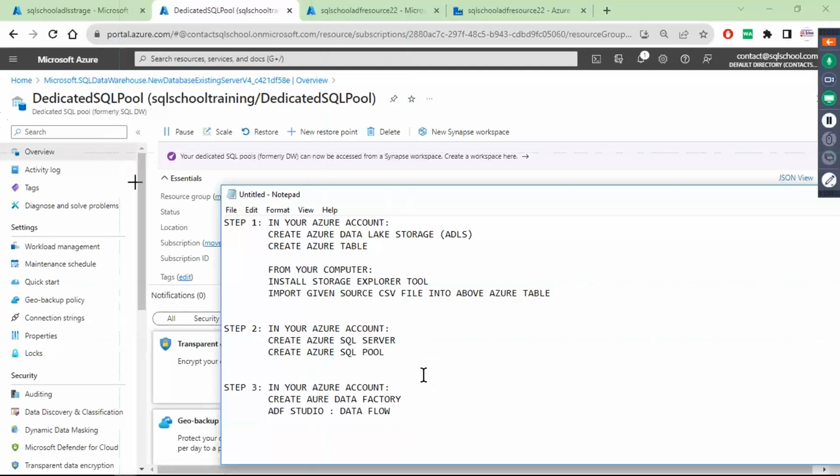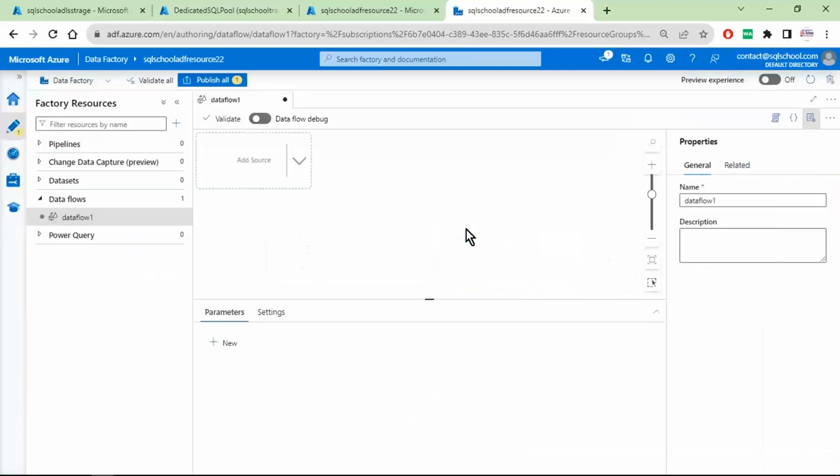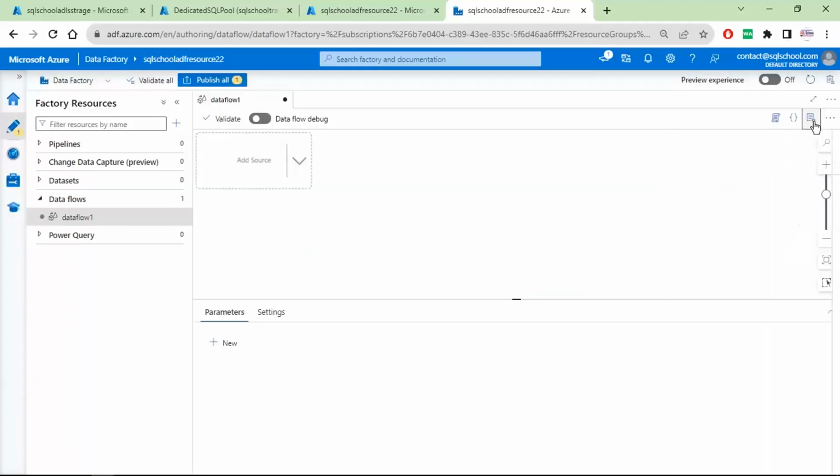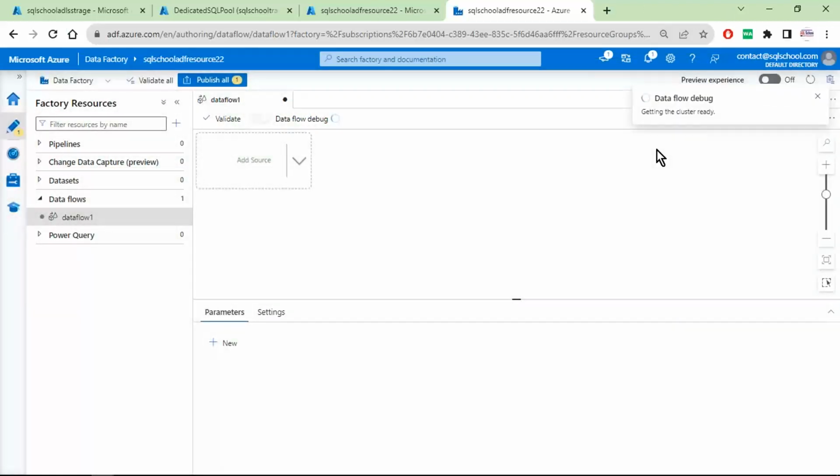So go to data flow, click on transform data. My assumption, yes, we are aware of ADLS, we are aware of ADF, we are aware of SQL pool. Here we are learning how to bring them together on a single plate. Let's start the Spark cluster. Click OK. Once we start the Spark cluster,